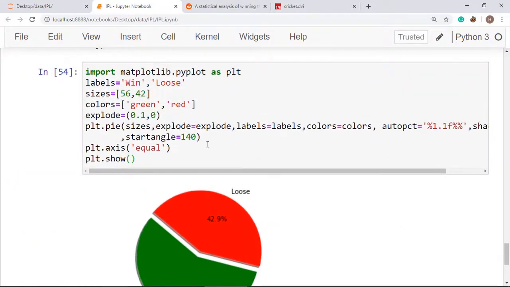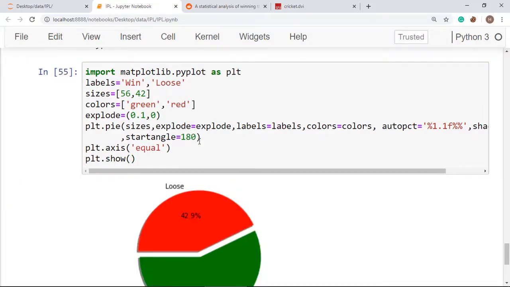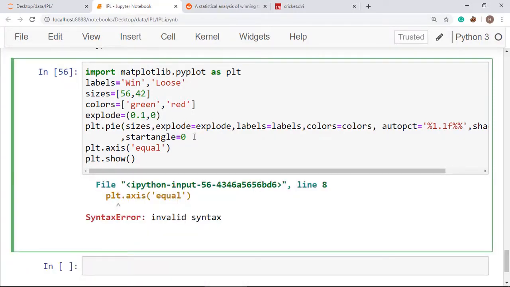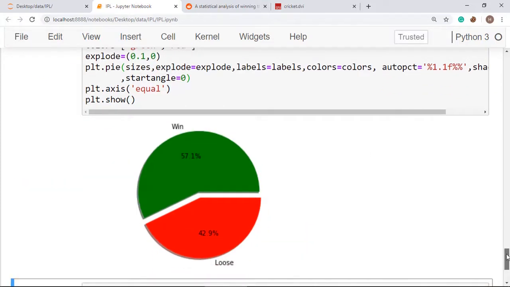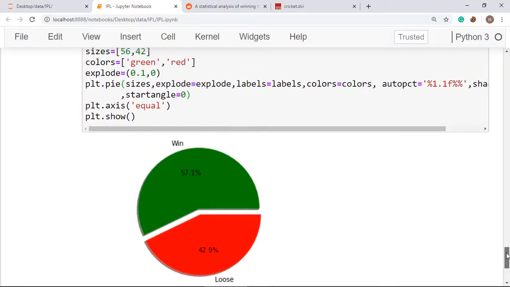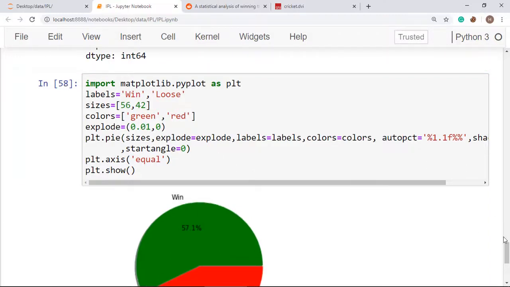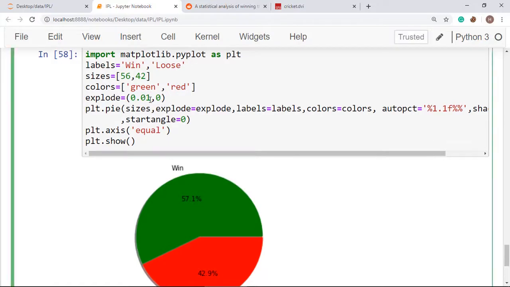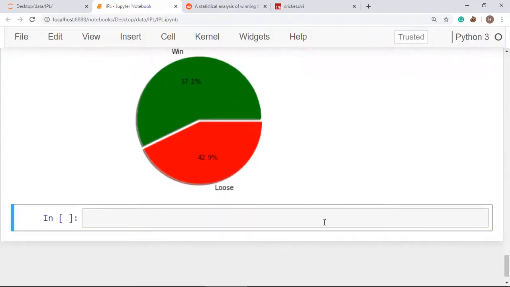I am going to show you that you can change the values. Here I have put 140, you can also put 180, then see the orientation will actually change. If you put it to 0, this will start. Sorry, I just missed this thing. So in this manner you will get it like this. And here, the explode value: if you change it to 0.01, this distance will get affected, and you can see there is only a partition type division, and when you put a larger value you will get a slight difference here. So in this manner you can plot the graph.